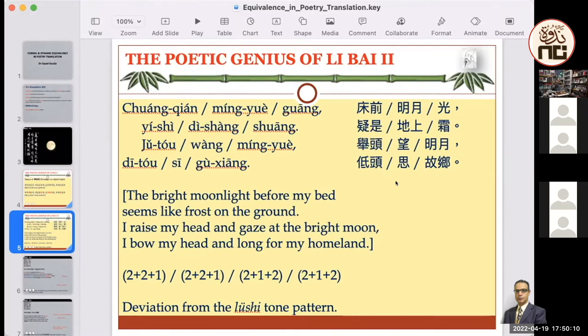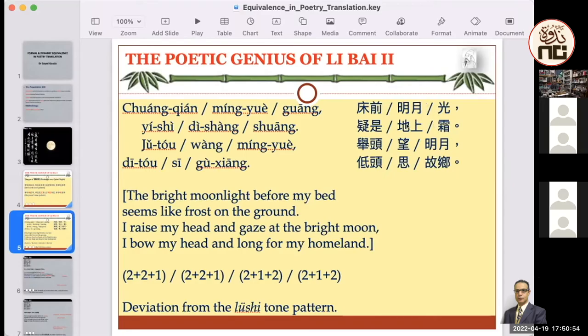If the foot has 1 syllable, then there is tension. You don't feel comfortable. The air is electrified. You don't know whether you should read it naturally or speed it up. There is tension here, and here I see that wang and si carry tension in the rhythm. Why is there tension? Because he is longing to go back to his family and his hometown, and his feelings are in turmoil. He's not in his natural state.